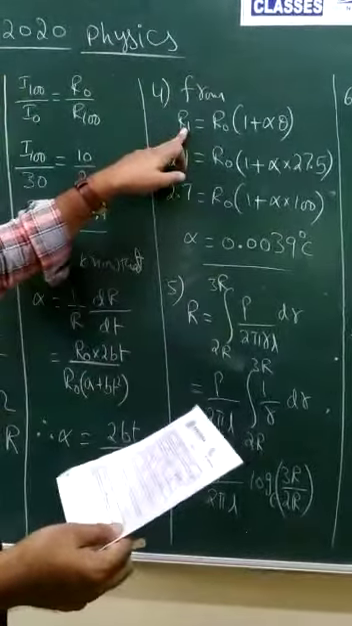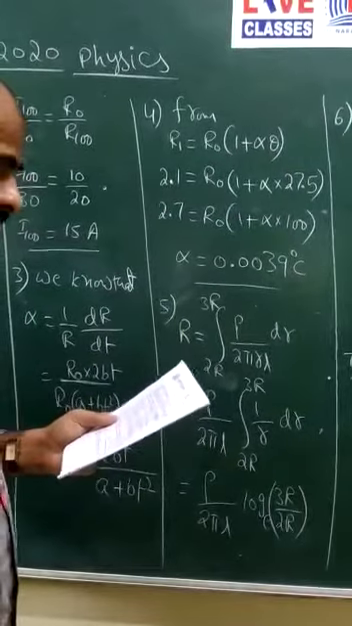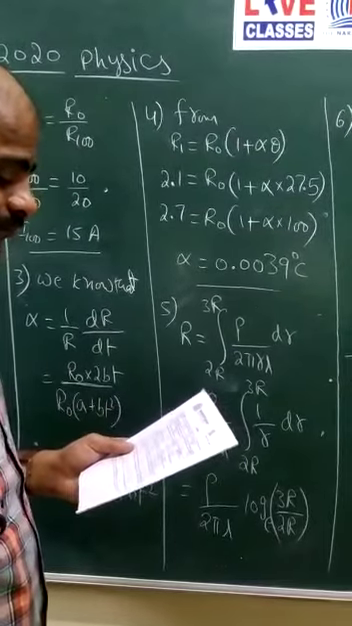We know that resistance at theta degrees Celsius is equal to R0 of 1 plus alpha into theta. Here, the resistance at 27.5 degrees Celsius is 2.1 ohm and at 100 degrees Celsius the resistance is 2.7 ohm. By substituting the values and solving the above two equations, we get the coefficient of resistance alpha as 0.0039 per degree Celsius. Next,